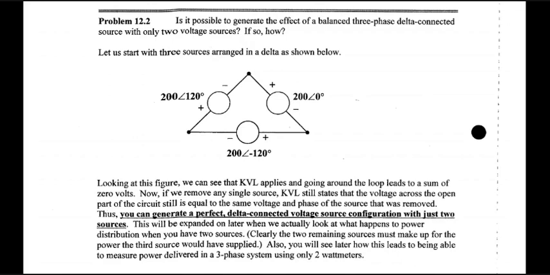So essentially, this means the delta system is more reliable. In star system, you think carefully. There also, maybe it's possible, but delta definitely has the clear advantage that line-to-line voltage will remain unaffected, even if one generator fails. The other two will continue to deliver. The current carrying capacity will go down, but voltage will be maintained.